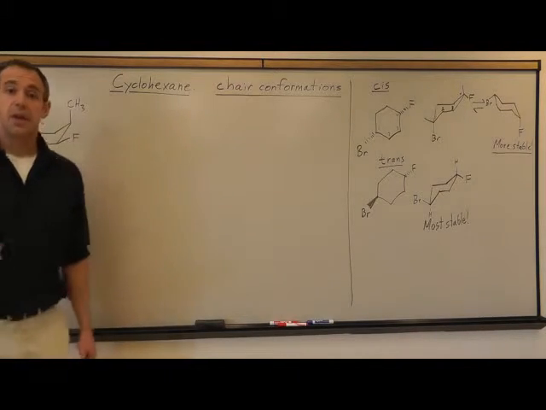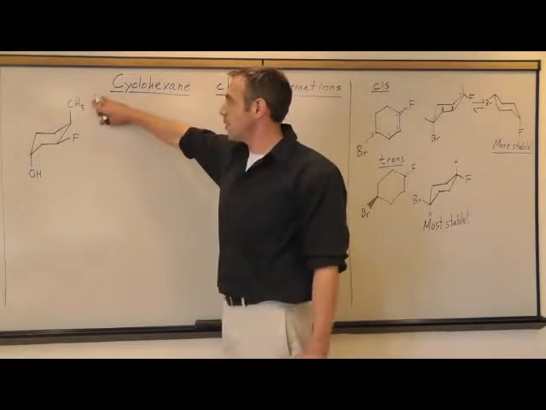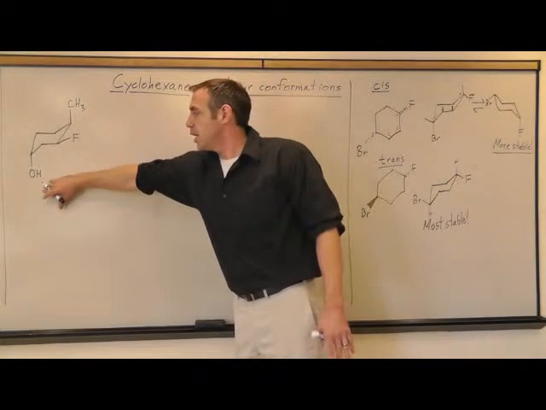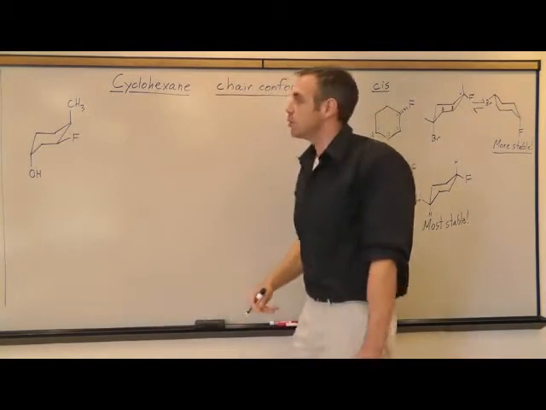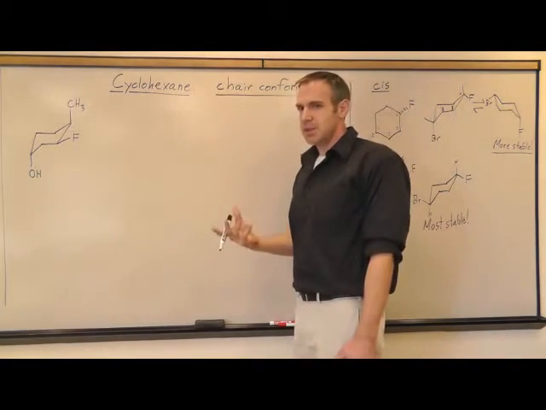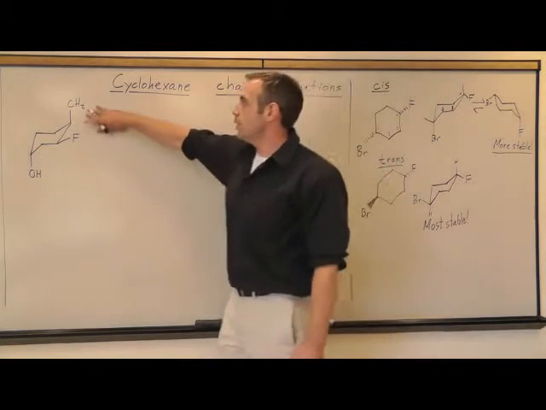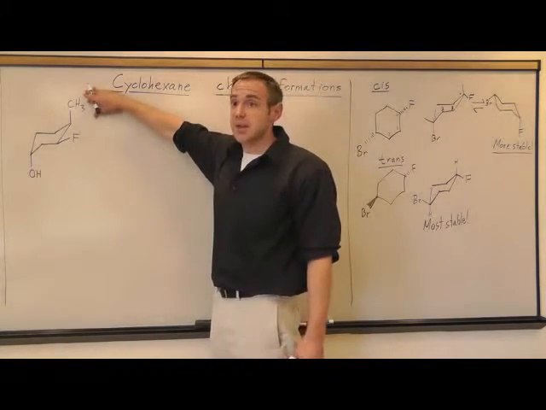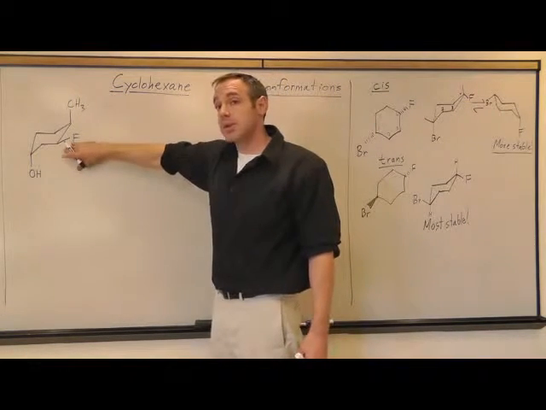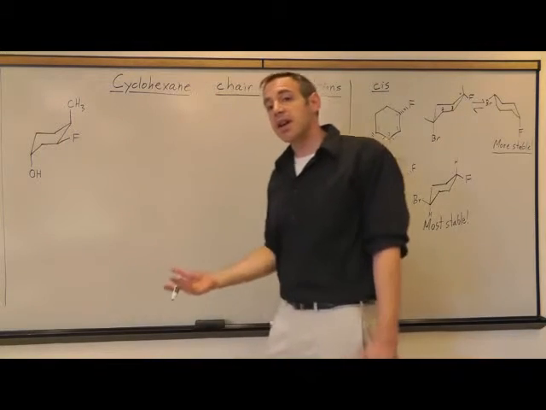Now we're going to look at a trisubstituted cyclohexane. And so we have a methyl group, a fluoro group, and an alcohol group, or a hydroxy group. On this molecule, the first thing you have to figure out is what positions are those groups in? Well, the methyl group is axial, the fluoro is equatorial, and the hydroxy is axial, the way I have represented